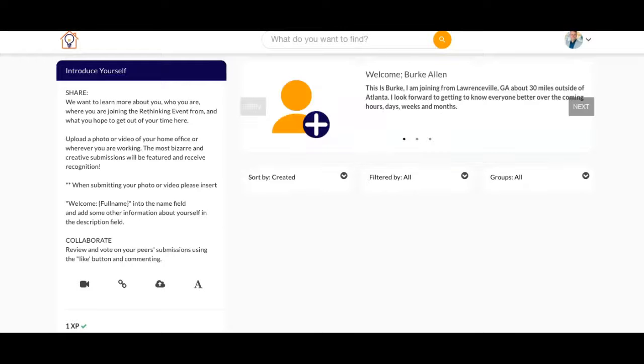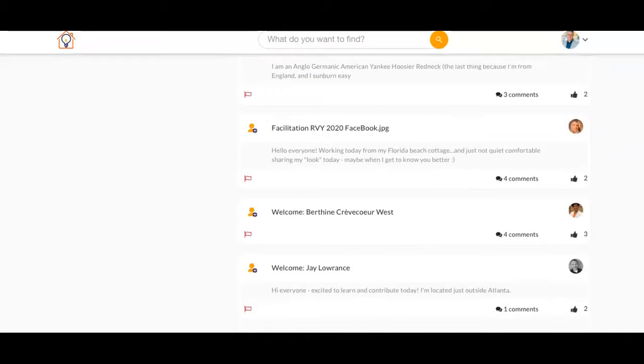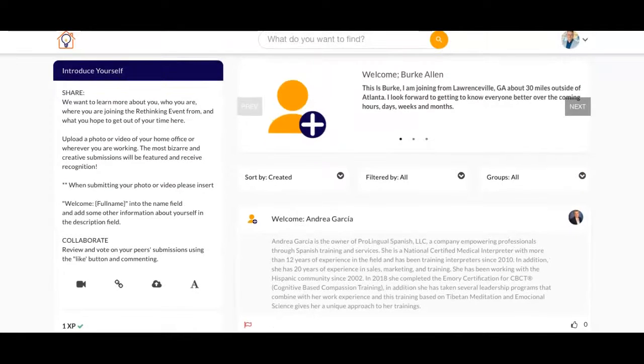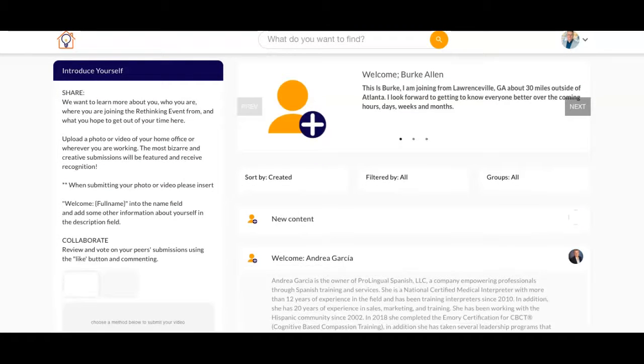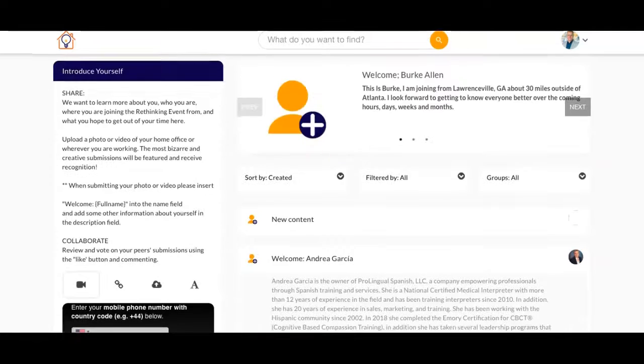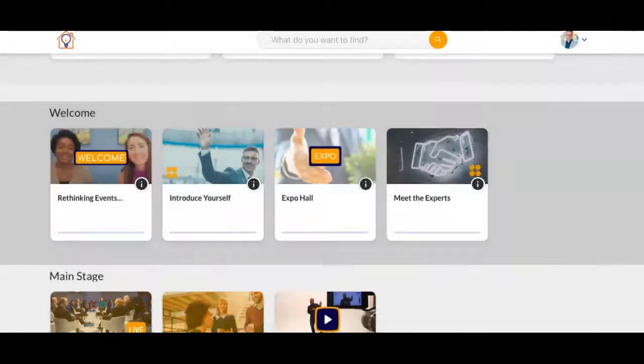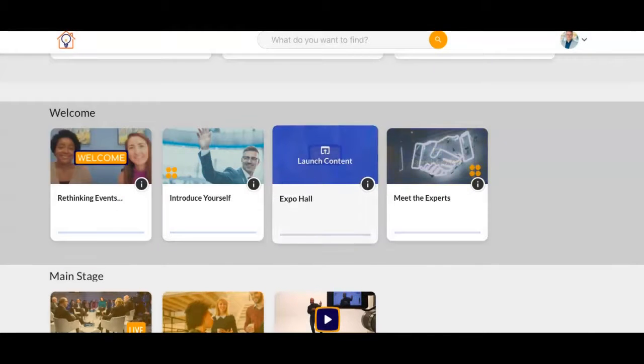Another thing that they chose to do, and you could as well, is literally ask participants to introduce themselves. People began to introduce who they are and something about themselves, where they're from. They could even upload a video from their cell phone so that they could actually say, hi, I'm whatever. It gives everyone a chance to take part in introducing themselves in the conference.